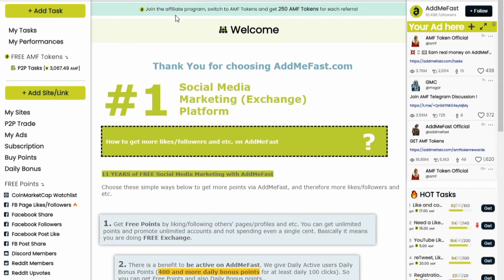Why? Because I've already signed in onto this page. So you could see from here it says Add Me Fast. You could see from here I have about 1040 points. So I have this point. Now this point, I got this point. But when you open your page and then you sign in, you realize that it will show 0 points over here. But then you would have to do some simple tasks in order to get this point.